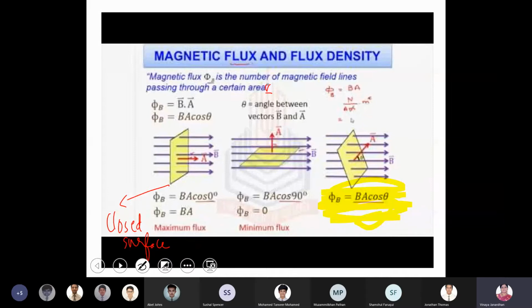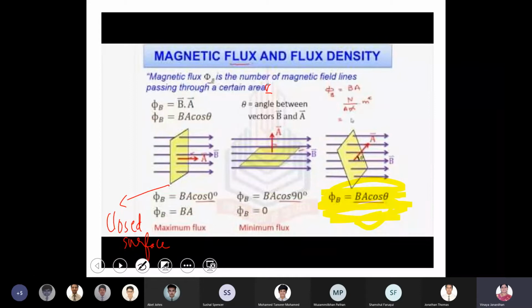Once you have a magnetic field, imagine you're keeping a thin rectangular sheet of metal. Say it is an iron sheet. It is magnetic in nature. It will allow the field lines to pass through it. So the number of field lines passing through a metal sheet, only condition is that it should be perpendicular to the surface, then all those field lines together constitute what we call magnetic flux. Now look at the diagram.